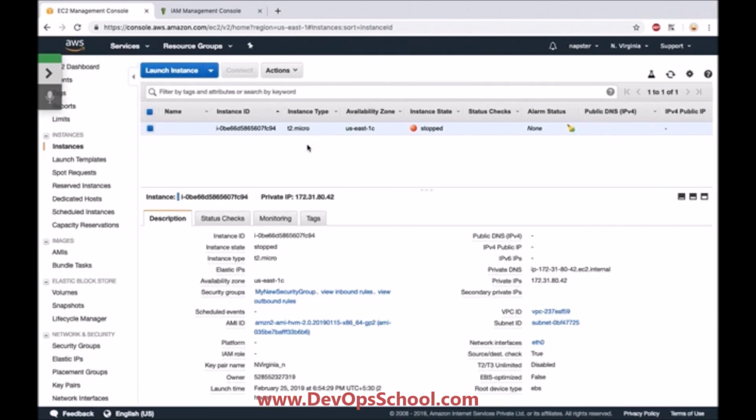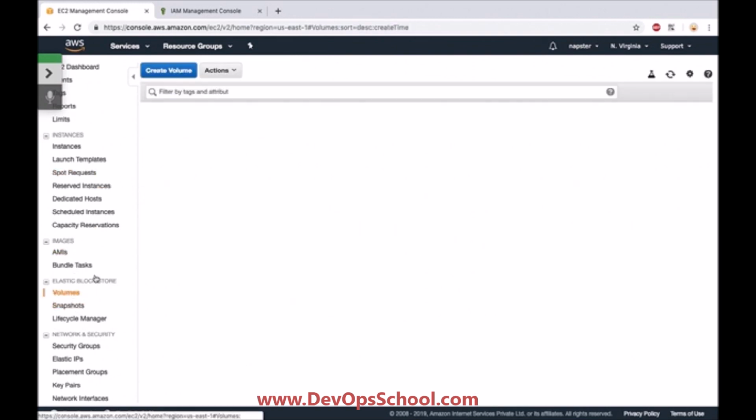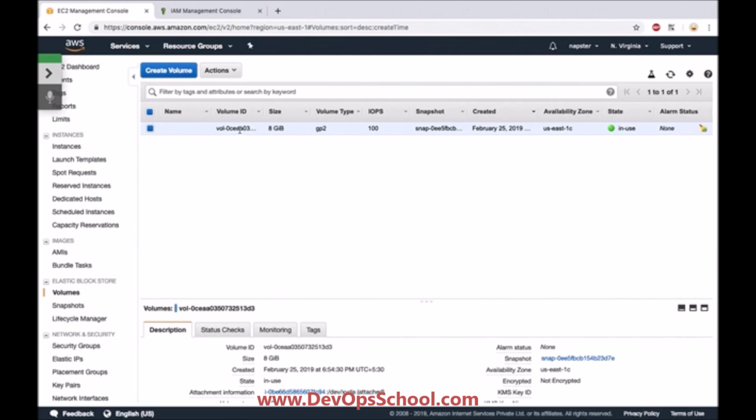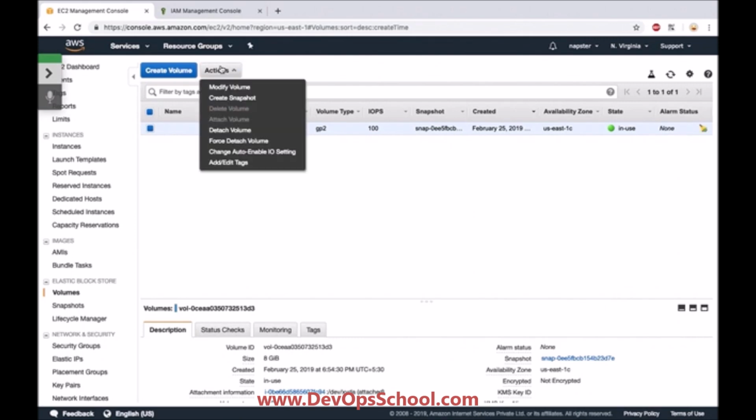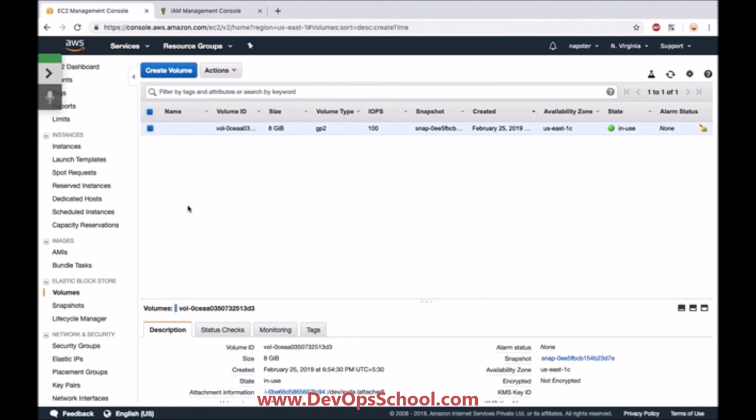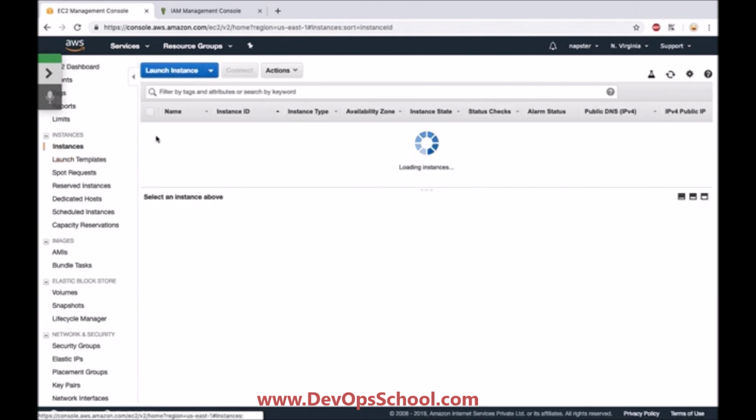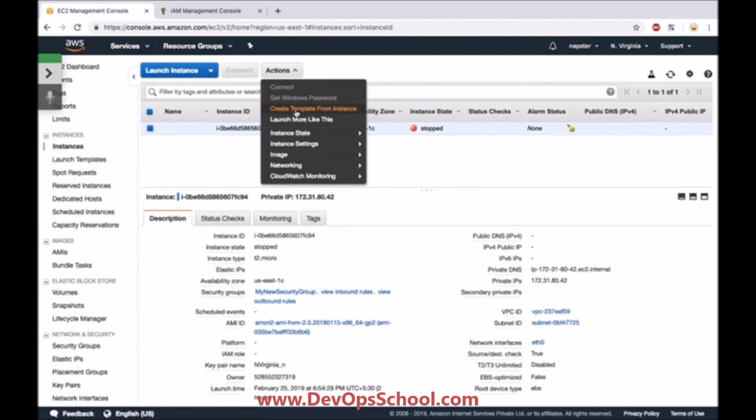So if you can see here, this machine is stopped, and if I go to volumes, I have this 8 GB volume. I can create a snapshot of this volume. I can detach this volume. So once I detach this volume, I can easily terminate that EC2 machine, and my data will still persist, right? So this is the EBS backed volume system. So I will just click on start,